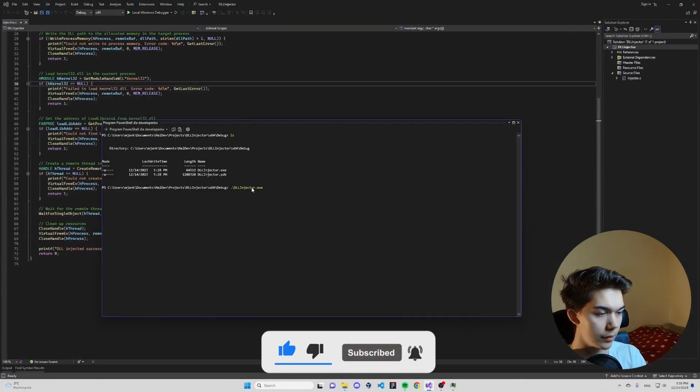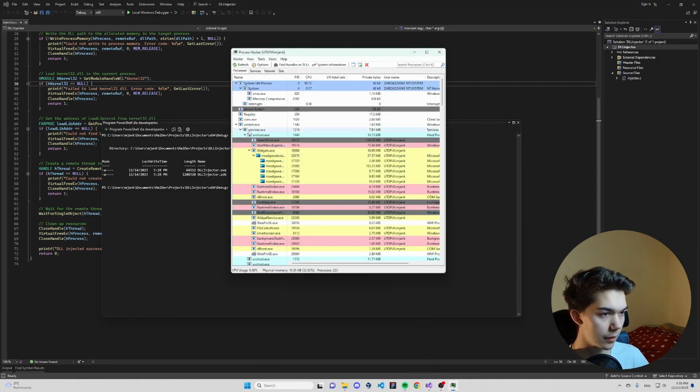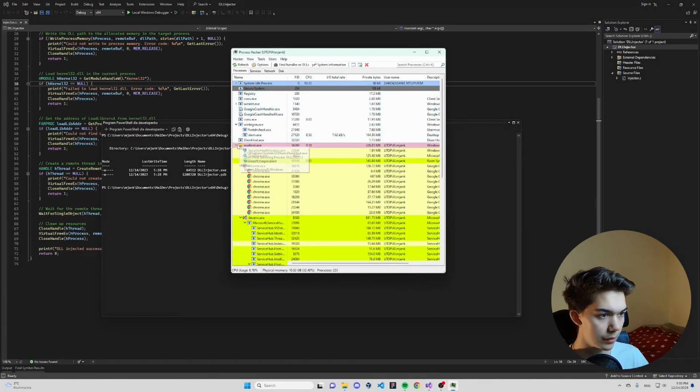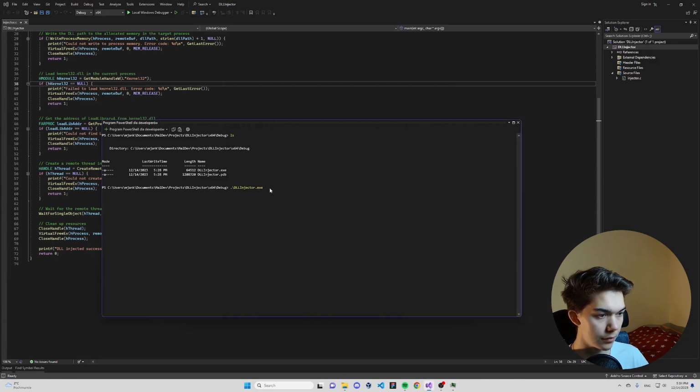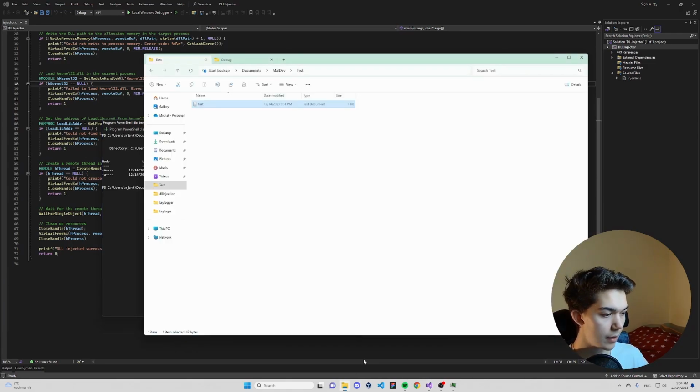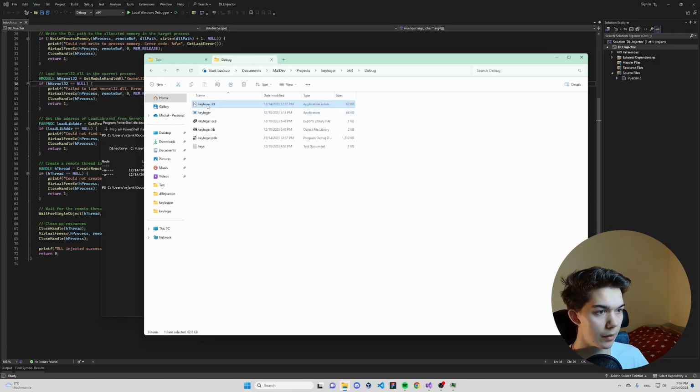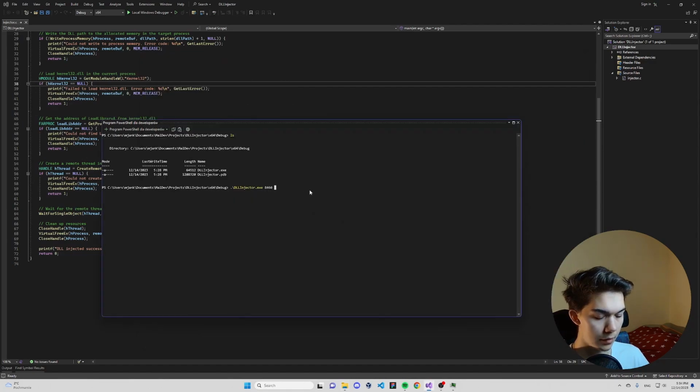Now, DLL injector in Process Hacker. Let me clear this. Spotify is 8460, and the path to, let me delete this, and the path to Keylogger.dll is here. Copy as path. Ctrl V. So now if you hit enter, you can see that DLL injected successfully, and